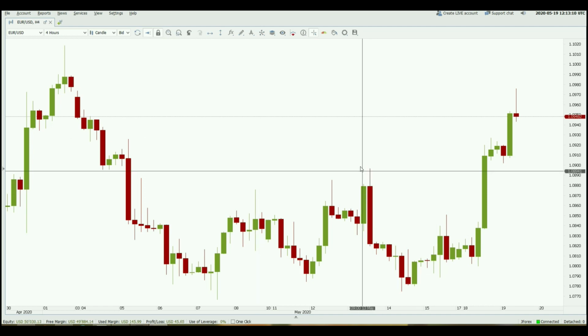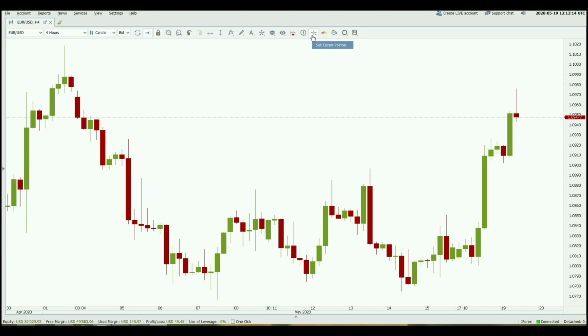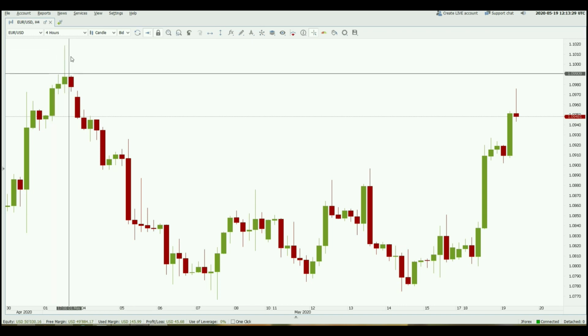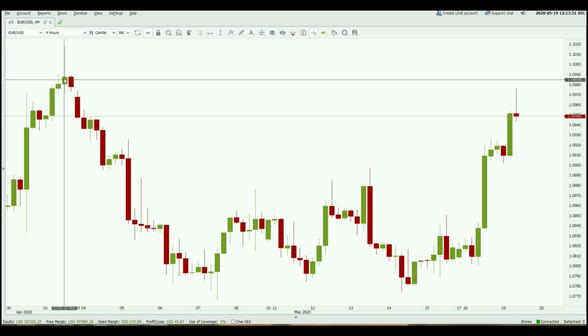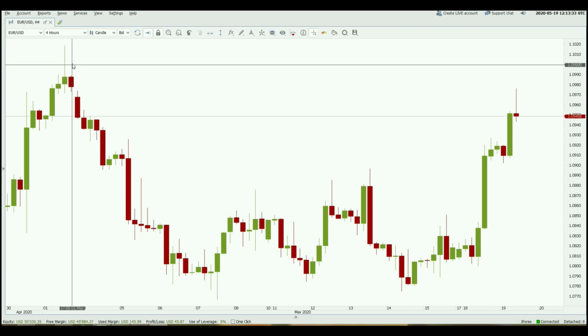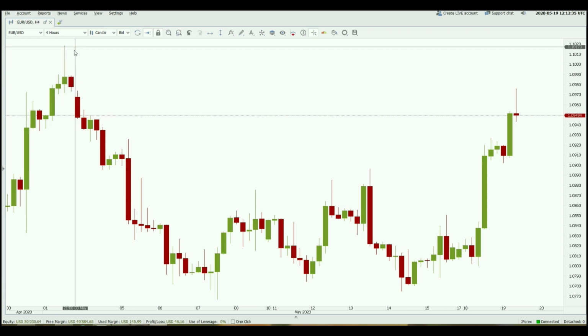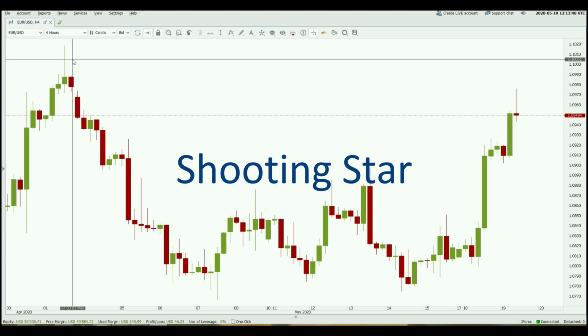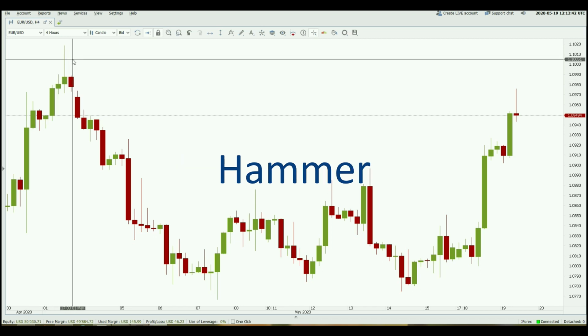Now, the beauty of the Japanese candlestick patterns is that they're mostly reversal patterns. And secondly, the pattern takes a very little amount of time to form. Many patterns have only one candlestick. For instance, a candlestick that has a small real body and a long upper shadow and follows an uptrend is called a shooting star. It is the opposite of the hammer, which is the bullish pattern,